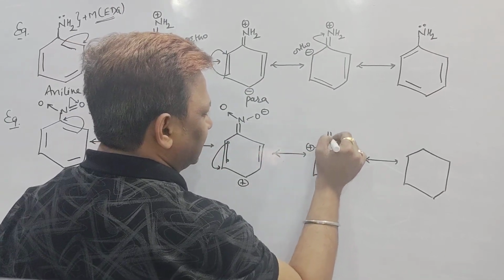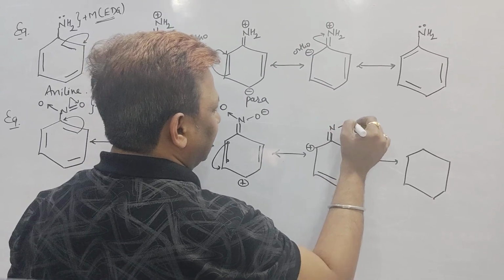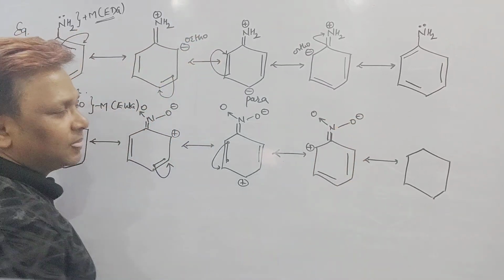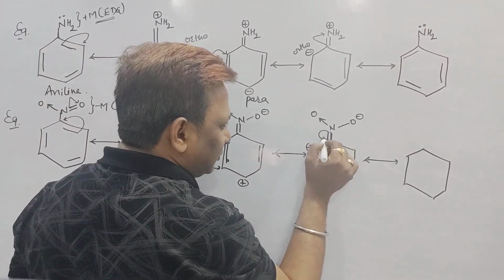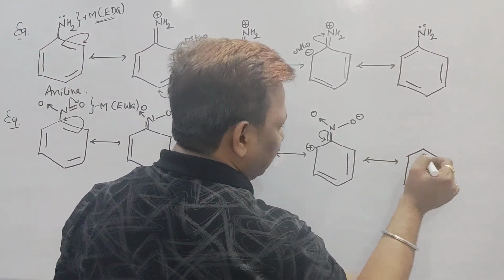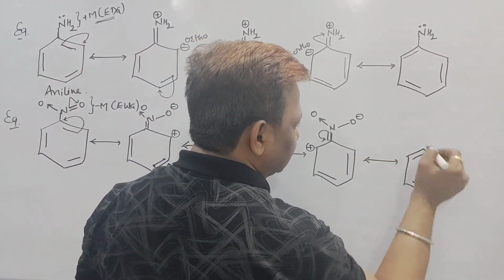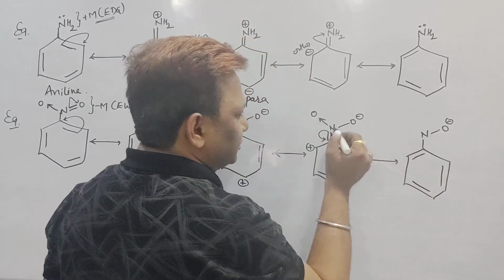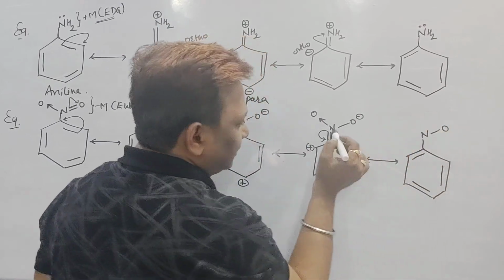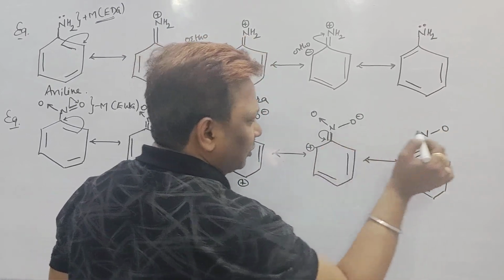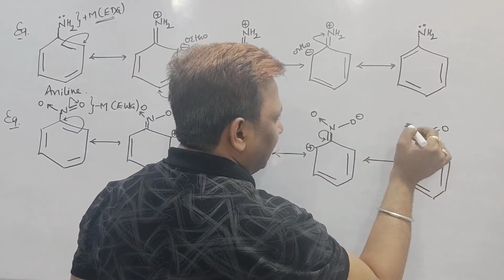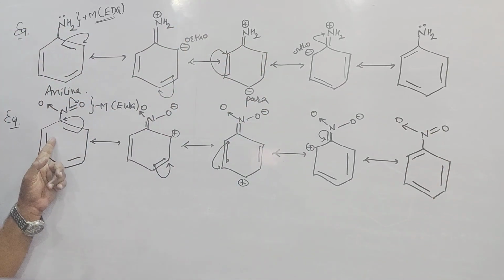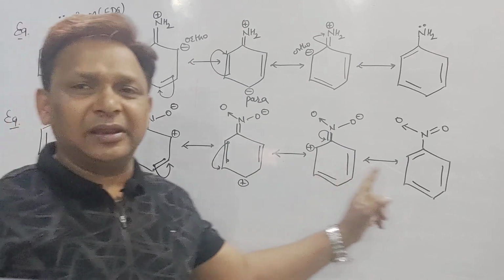But I will get here a double bond N, then N single bond O, O with negative, dative bond O. But these pi electrons shifted back to this carbon, negative and positive will make a bond. These two will be as they are. It is a nitrogen atom having, right? But a positive and negative is there. Obviously, this positive on nitrogen and negative on oxygen will make a double bond, and we got here the O. So beta, this is called nitrobenzene. It is also having 5 resonating structures.